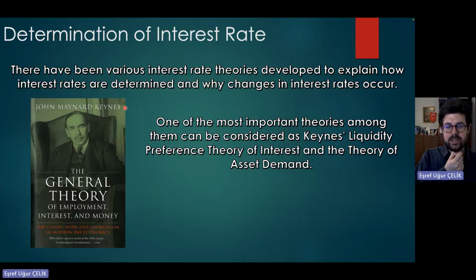As I said before, Keynes tried to understand the behavior of human in the economic transactions. And he finds many things, like consumption theory. And also you can see over here the liquidity preference theory of interest and theory of assets demand. These last two theories try to give meaning of how we can determine the interest rate.